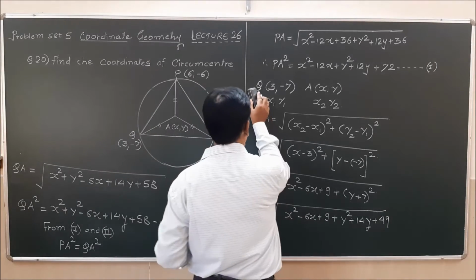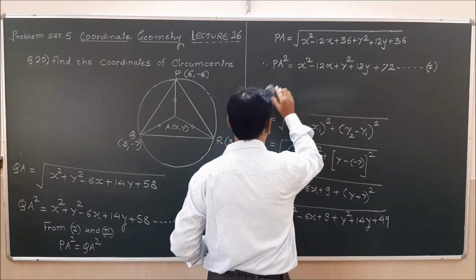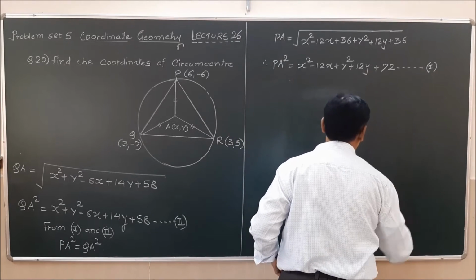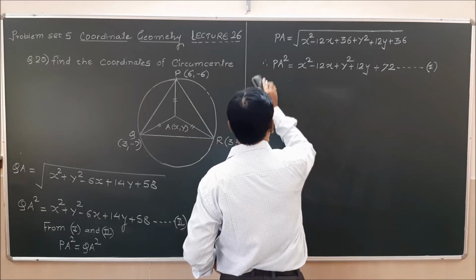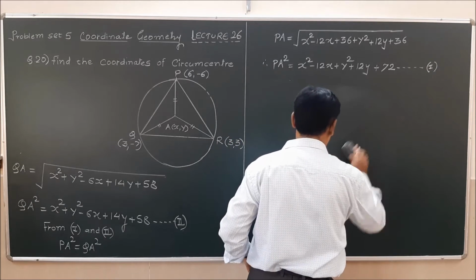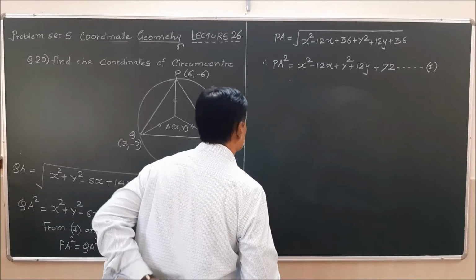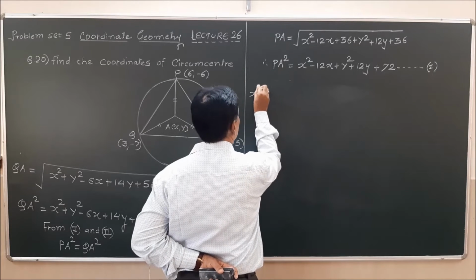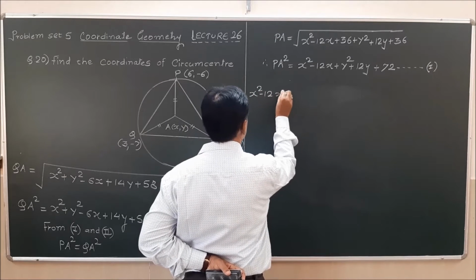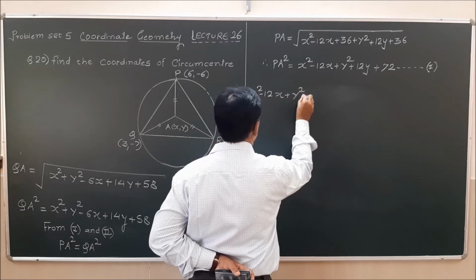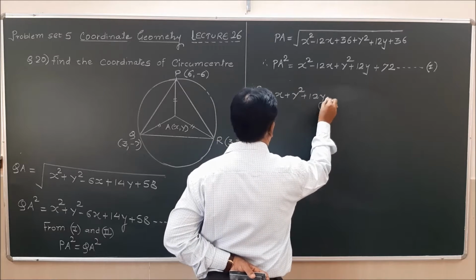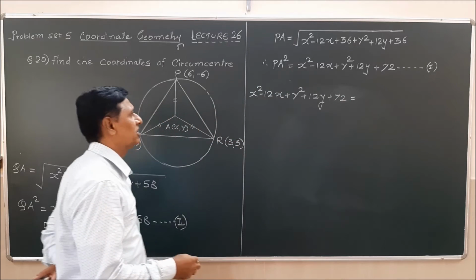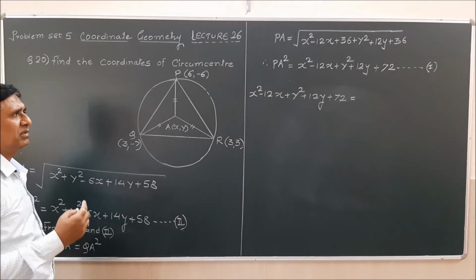Now I'm going to write over here PA square is equal to QA square. Please understand it carefully. So you will find here, I'll rewrite this again: x square minus 12x plus y square plus 12y plus 72, that is equal to